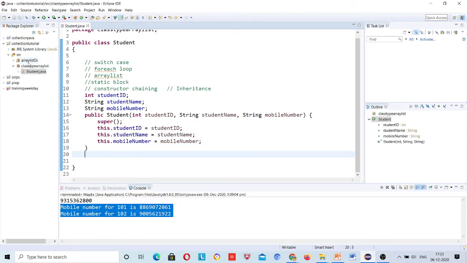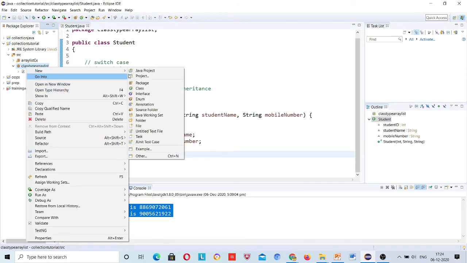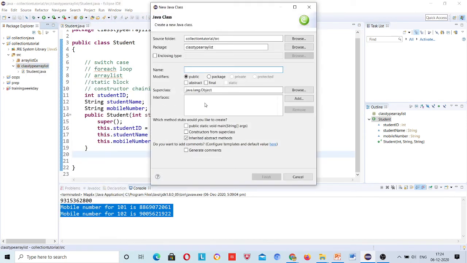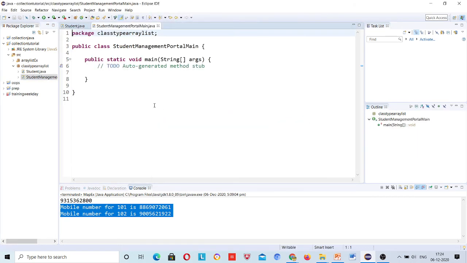And go here and write a new class. The class is student management portal main class. This is the main class. Public static void main I have given here.